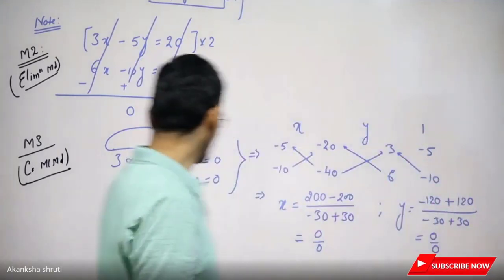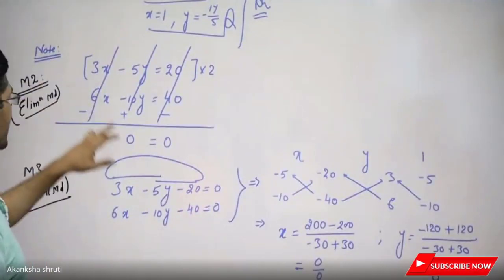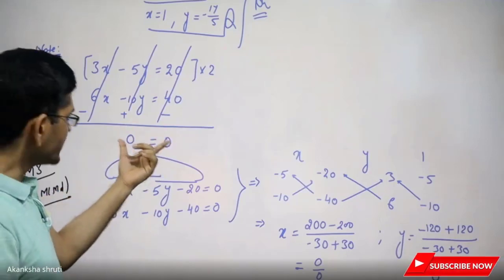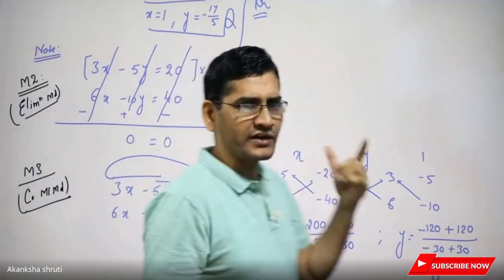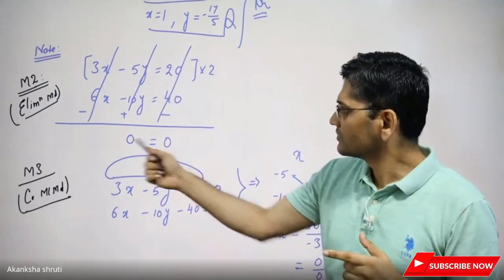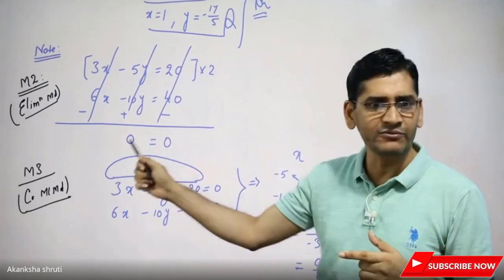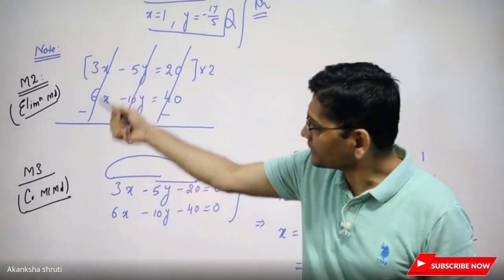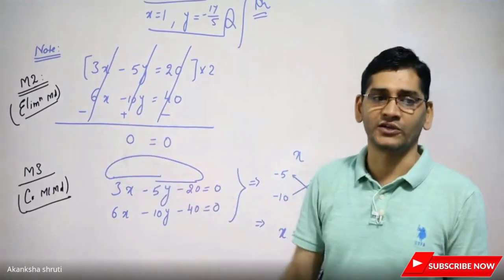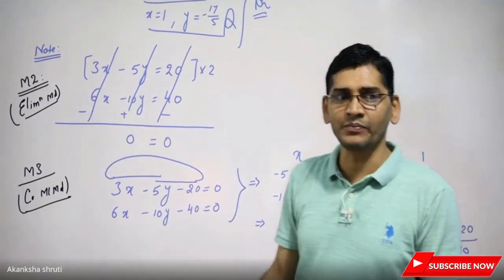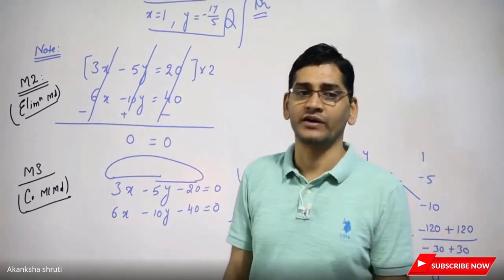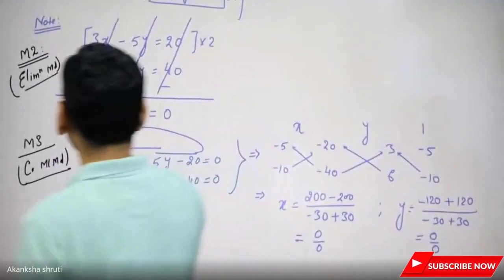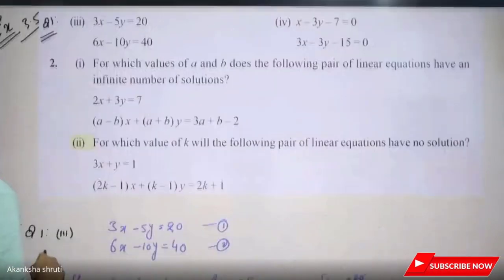Like here we are observing in the elimination method, 0 is equal to 0. Mathematically it is correct, so there is no mathematical violation. It means the value is possible, but it cannot be determined by these methods. Students, this is a very important thing, you need to understand it conceptually. All these things are integrated with each other. So this was all about how to find this solution.